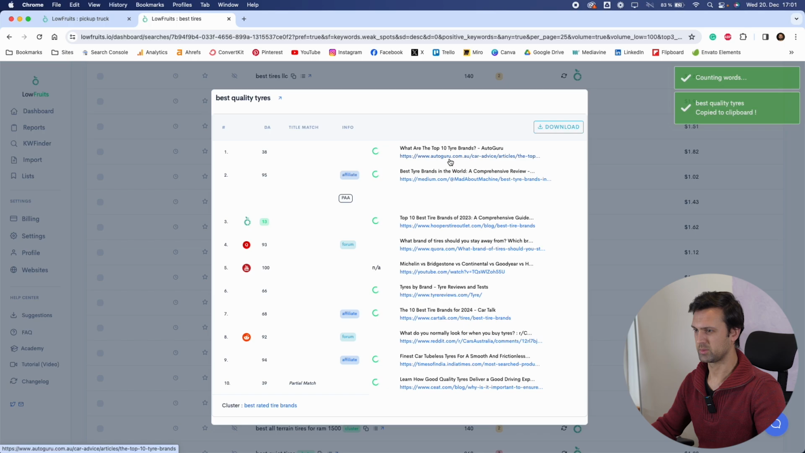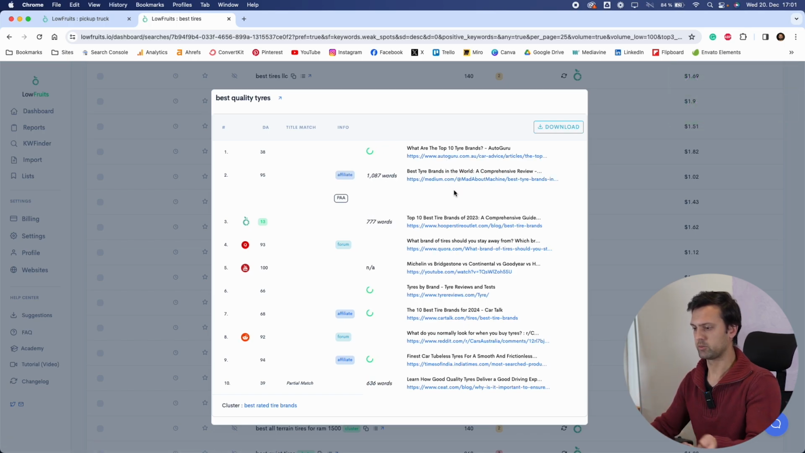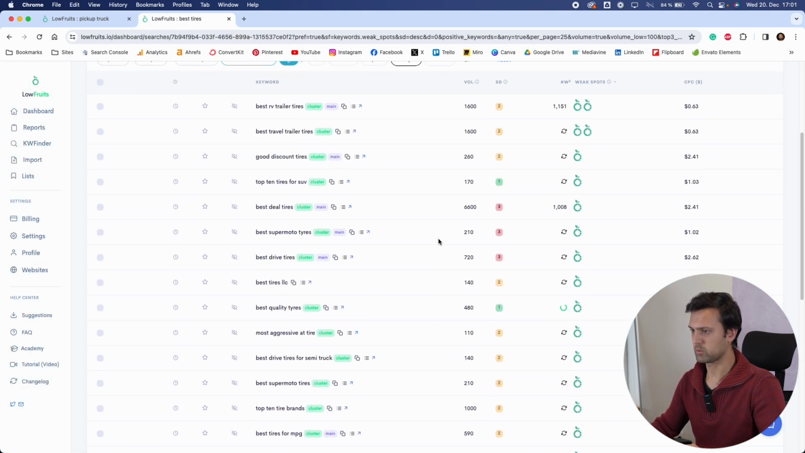Medium, Autoguru, some best quality tires. So this is also something that's searching for opinionated stuff, so forums might have a better chance on this. So it might not be something that we would look into exactly. So we can go through all of these if we'd like, but I think what we can also do is